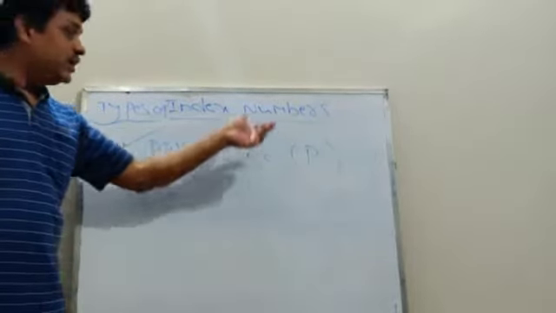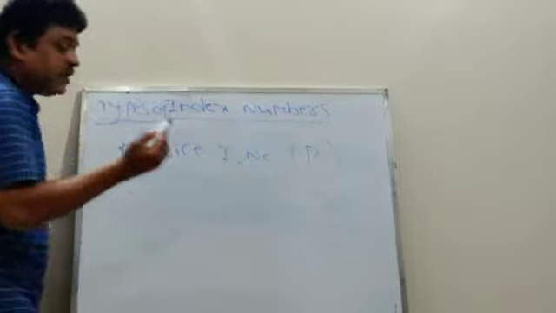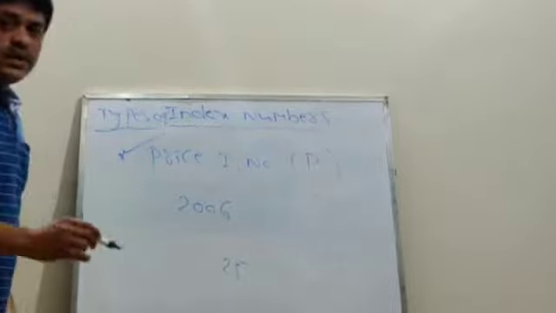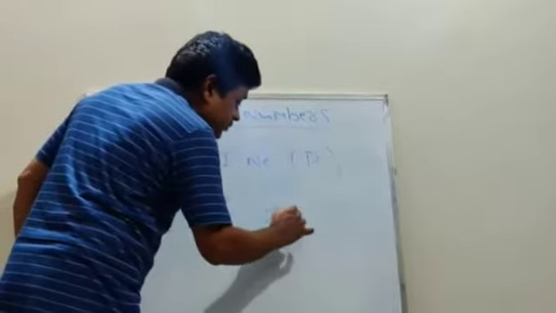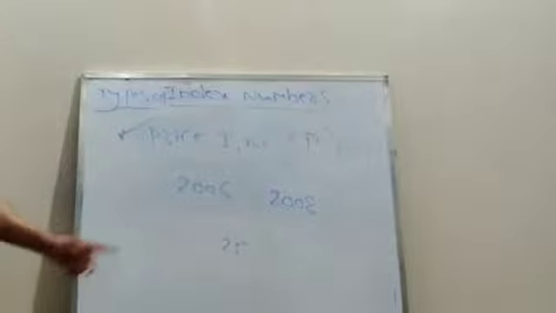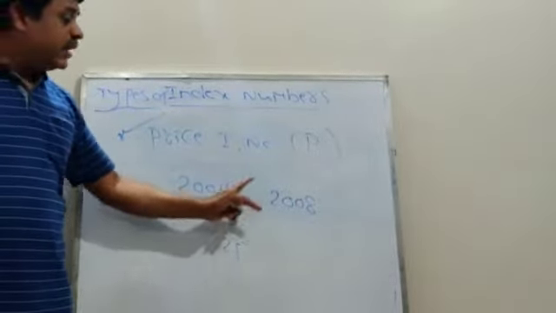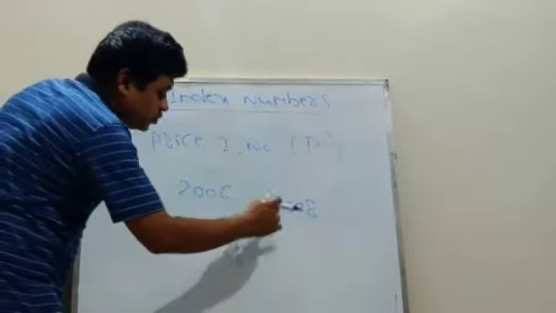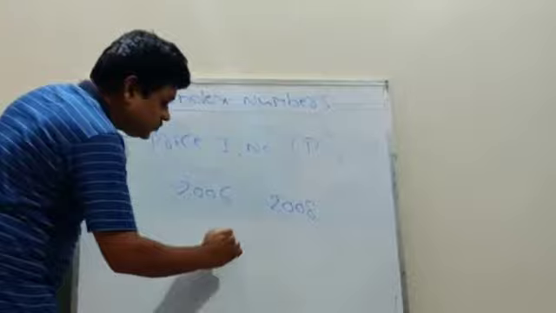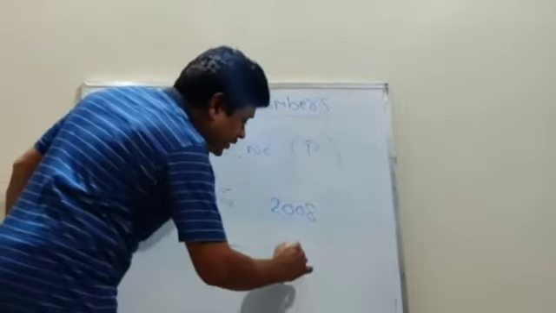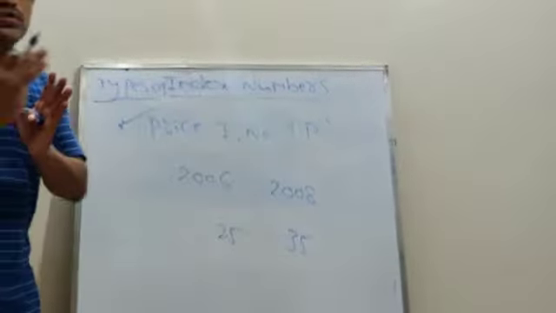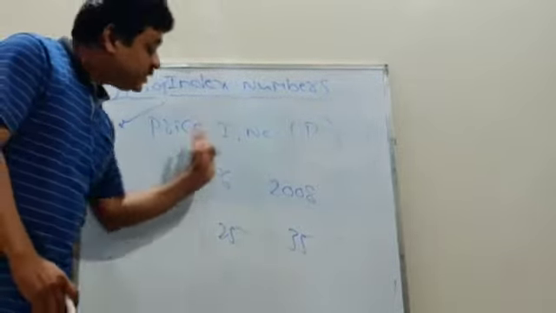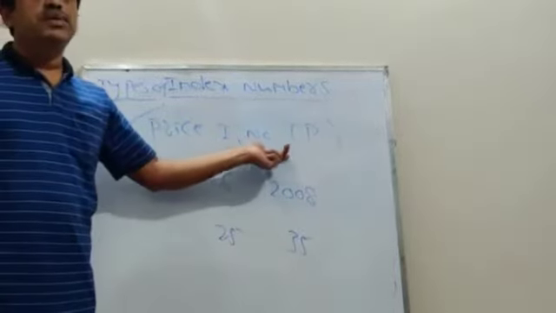So already we have taken one example, that is the price of the pen in the year 2006, it is 25 rupees as compared with 2008. That is, 2006 is the base year and 2008 is the current year. Here the price should be how much? It should be increased. In the year 2006 it is 25 rupees, in the year 2008 it is 35 rupees. That is, 10 rupees should be increased. This price can be calculated base year with respect to the current year. This is called the price index number.